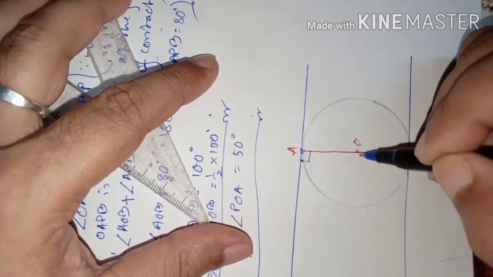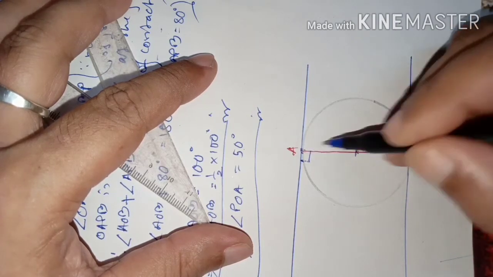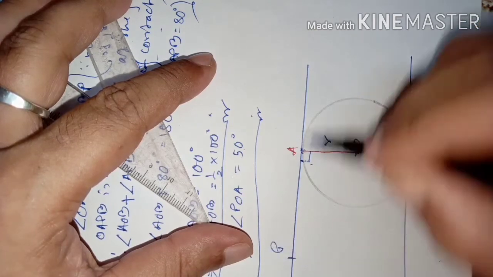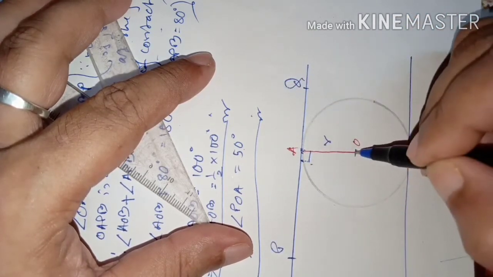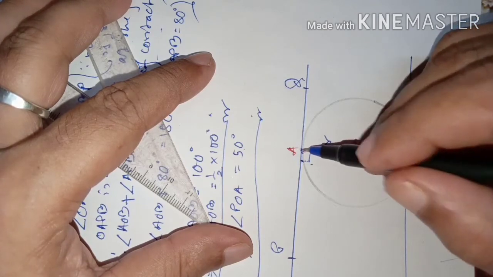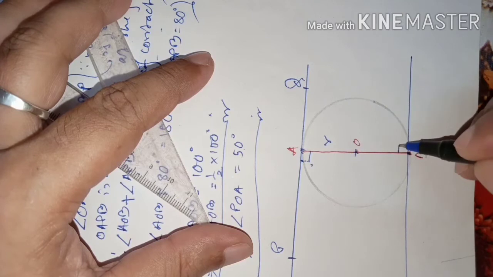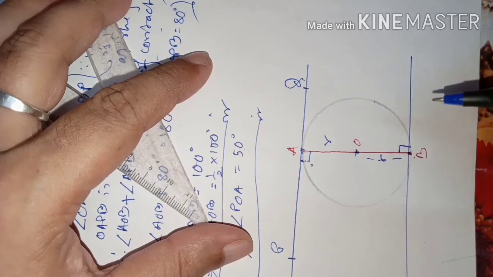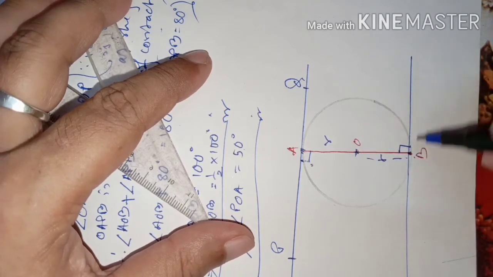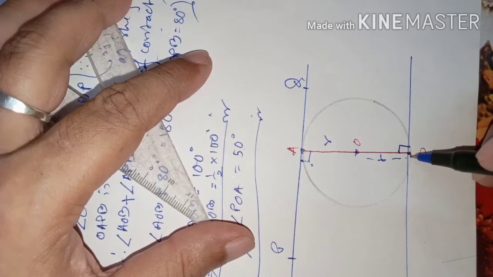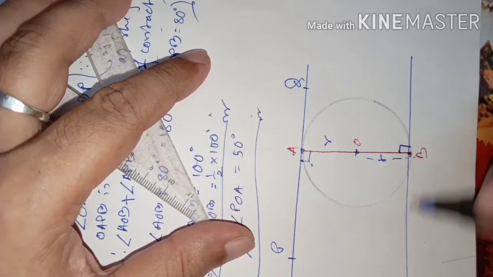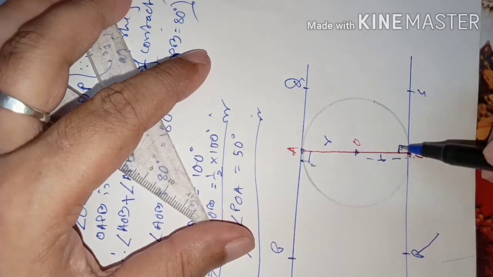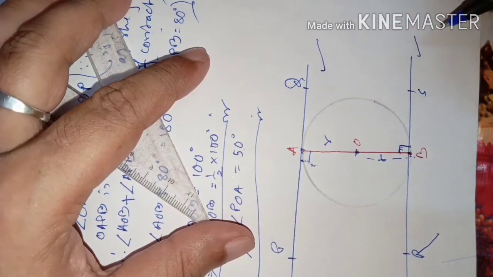Students, you know, radius of a circle is perpendicular to a tangent at the point of contact. Since OA is radius, it will be 90 degree here. So it is PQ; on the tangent PQ, OA is perpendicular, so this angle is 90 degree. Like that, here this angle is 90 degree, because OB is also radius. Part of the diameter is radius, half of the diameter. So that will also make a 90 degree angle with the tangent at the point of contact. Say this is RS. These alternate interior angles are equal. Then what about these two lines? They are parallel lines.